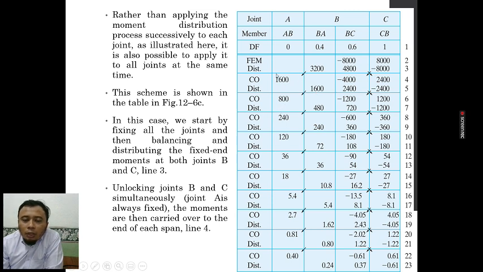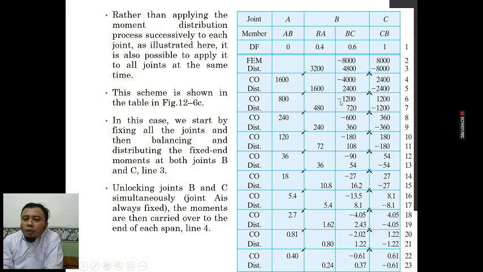So as similar to before, as you can see at column A, you don't have any distribution because the distribution factor is 0. So there is no moment here being carried over. There is no moment at A being carried over to joint B, which reduces the steps. So as you can see here, back to the moment here, then you carry over to 800, 1,200, and 1,200 here, and then